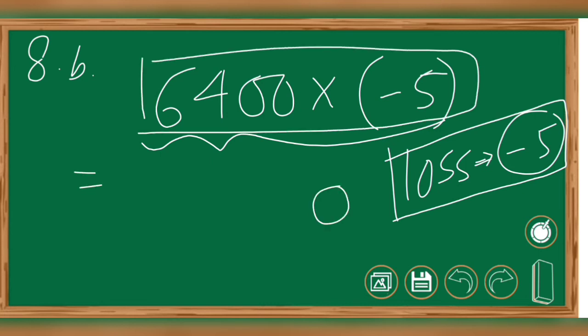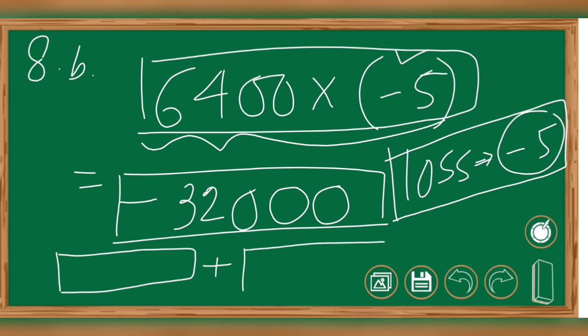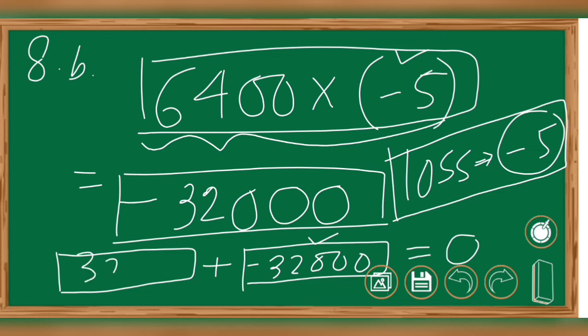So let's multiply it because the answer will be negative. He has made a loss of minus 32,000 rupees. Now you have to find when he will get no profit and no loss after selling the white cement bags. Means if we add something with this specific number, we will get neither profit nor loss. Here it is given minus 32,000. So definitely it will be plus 32,000.